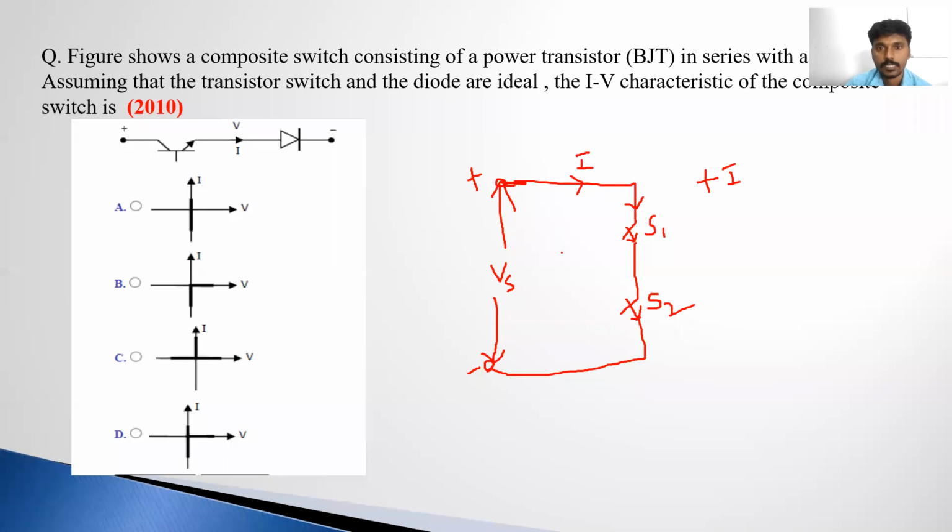Okay. Assume the second condition. If voltage is applied, same as the first condition, and both switches are closed, then what will be the voltage across this circuit? Zero, because it is a closed switch and it is also a closed switch. So these two terminals are short circuited, means voltage becomes zero. V is equal to 0. This is the first case, and the second case you can assume here.